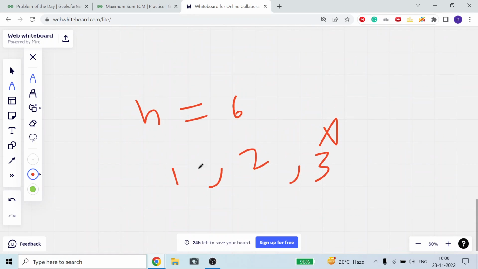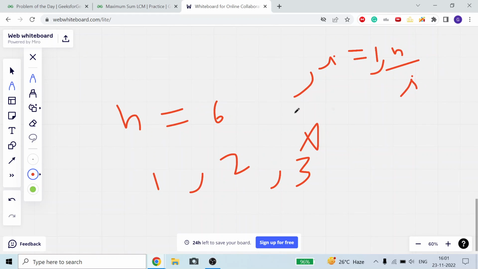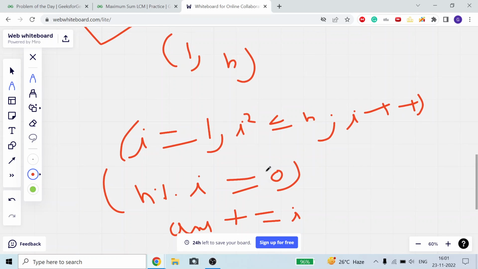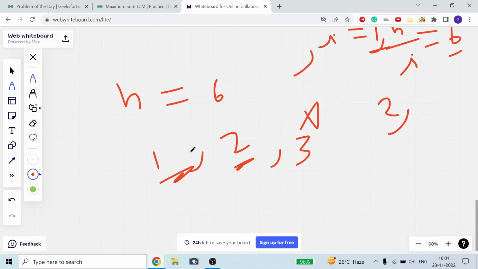I know, because if i is equal to 1, I can divide 6, 6 modulo 1 is equal to 0. Then 1 is a divisor, and if it divides, then n by i will also divide my 6. So what is n divided by i? 6 divided by 1, that is 6. So I get 1 and 6 from this single number. Similarly, i becomes 2, and for 3 my loop won't work, because 3 square is 9, and 9 less than or equal to 6 is false. So I will come out of the loop.